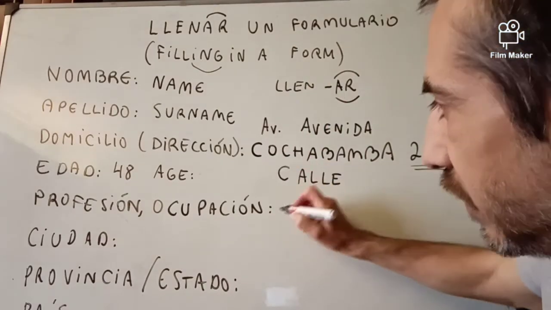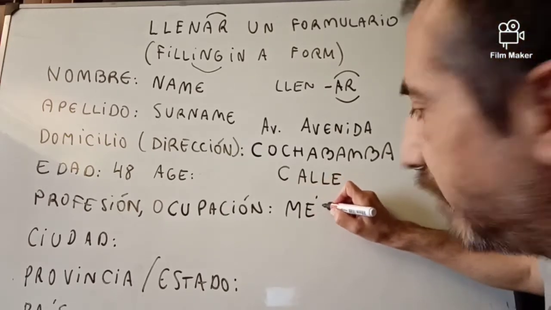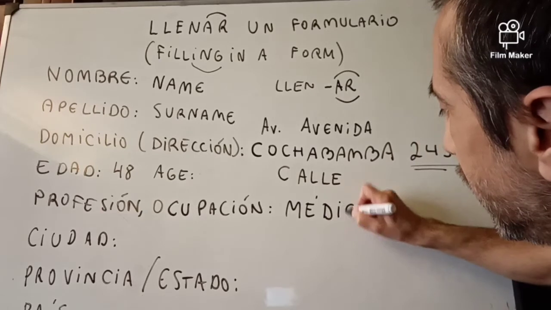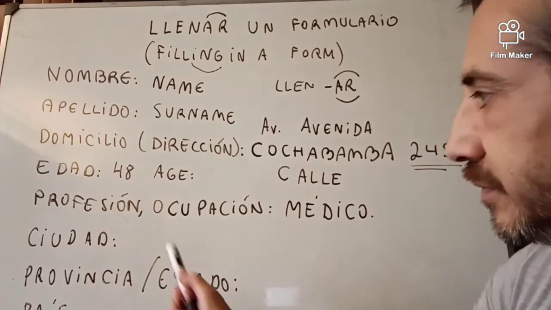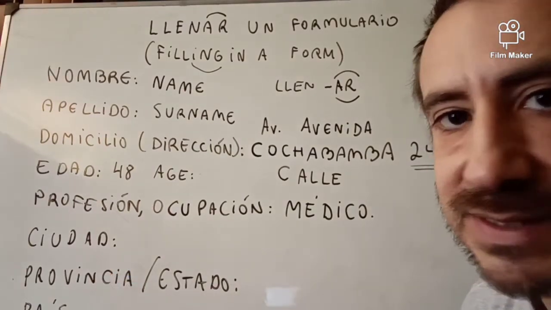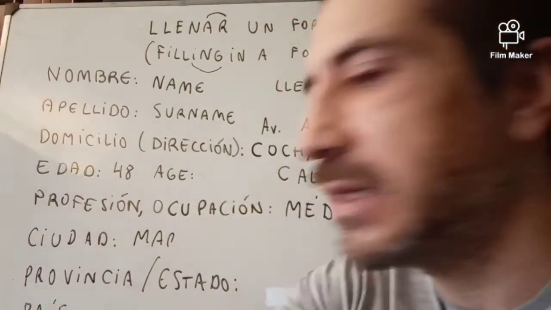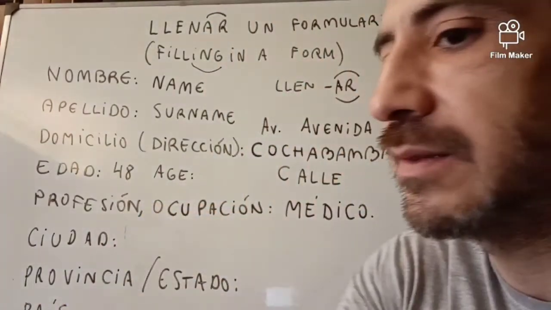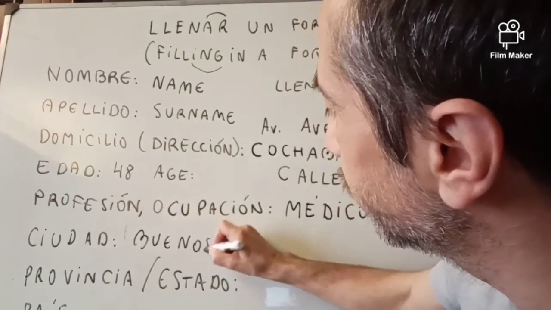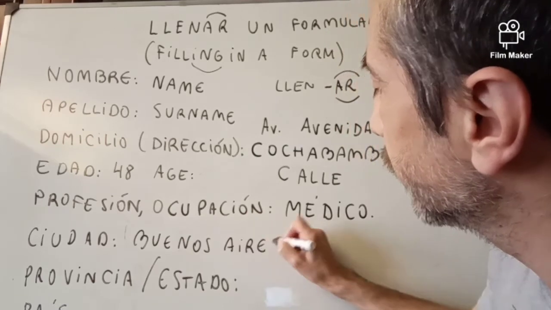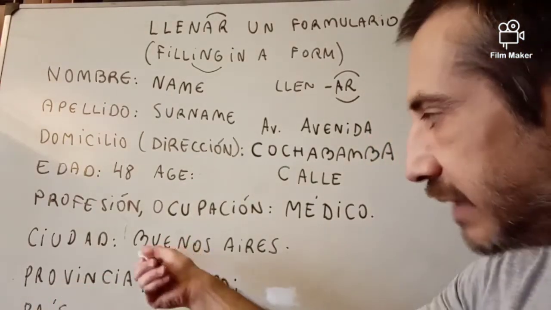To start with an example for profesión, ocupación, in my case, I'm a man, I mean, I'm not a doctor, but it's an example. Médico means doctor. Médico. Ciudad, well, city. In my case, Mar del Plata. No, but in the example, it's the name of a street in Buenos Aires. Buenos Aires. As Buenos Aires is the main city of Argentina, in this case we wouldn't put